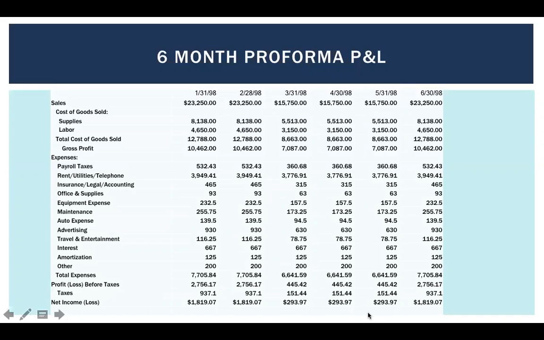So bottom line, this is just what a pro forma would look like. So whoever is running this, they could look at this and say, okay, is this a business that I want to continue to manage this way? Is making $300 worth my time, my energy, my staff, my risk, putting this money on the line, for these larger months where you have, $1,800, let's say, is that worth it to me? Is that what I need to be taking home? And if not, we need to be looking at the sales numbers, and we need to be looking at these expenses to see either we need to increase sales without a marginal increase in expenses, or we need to cut our expenses so that we can increase our net income. So that's essentially what a 6-month pro forma would look like.